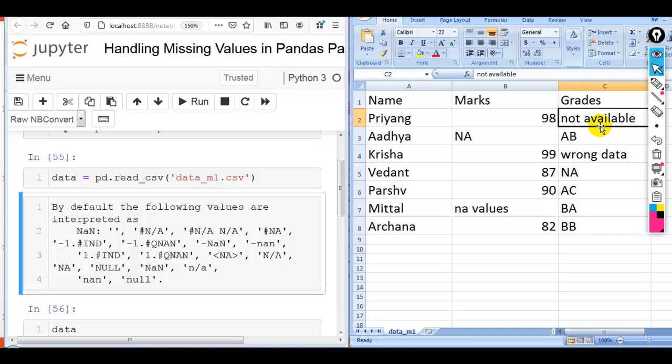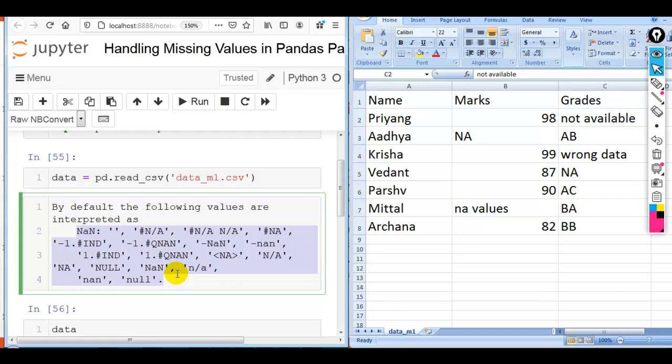So we can use na_values to indicate additional values, other than these values, to be recognized as missing. Please remember, the na_values parameter is used to tell Pandas to consider not available, wrong data, NA values, which are not part of these strings, as NaN, and to print NaN in place of not available or NA values or wrong data or any other strings.